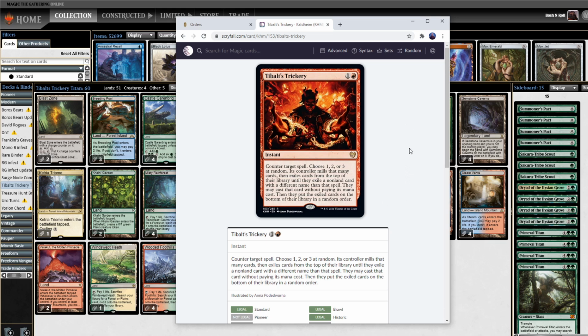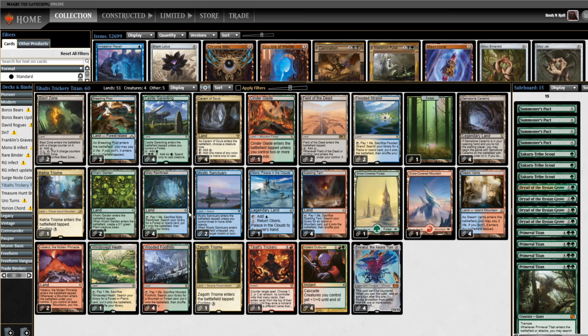Okay, so counter target spell. Got it. Choose 1, 2, or 3 at random. What they're trying to do here with the 1, 2, 3 at random mill is so you can't just turn this into a 2-mana Show and Tell, but by building your deck like so, it is still a 2-mana Show and Tell. So how this deck works is you'll notice there are only 9 spells in the main deck,